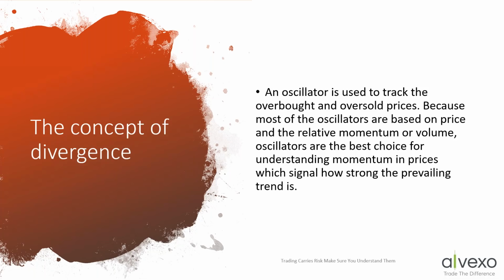Now, divergence can only occur between those oscillator indicators that are put on the bottom of your chart. Like, you don't have divergence using moving averages. You don't have divergence using Bollinger Bands, which is put over price action. You don't have divergence really in volume. So it's only those, and that's most of the indicators that are dropped on your charts below the charts.